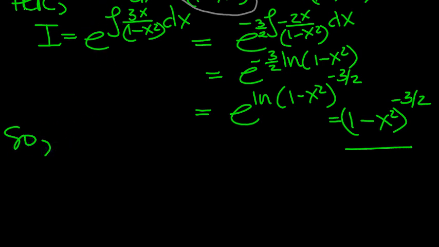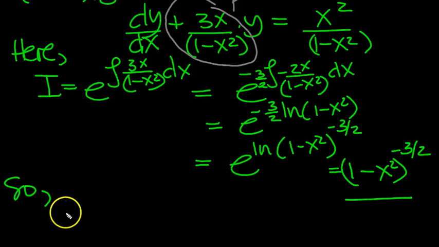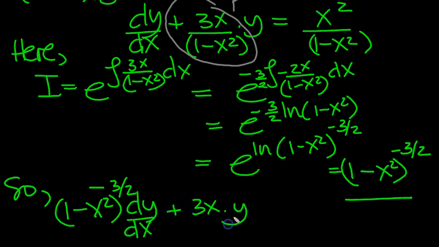So multiply by the integrating factor all the way through. Here was our original equation. So original problem: 1 minus x squared to the minus 3 over 2 times dy dx. And then times it here, we'll get the 3x there. The y can stay there. When you times by minus 3 over 2, it's like putting it underneath to be with the power 1 that's already there. And you add the powers. So 3 over 2 plus 1 is 5 over 2. 1 minus x squared to the 5 over 2. And then that equals